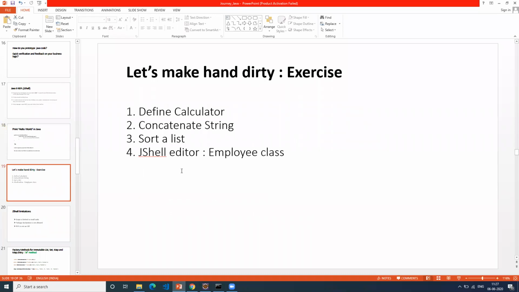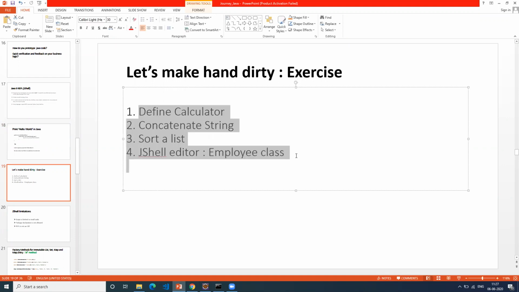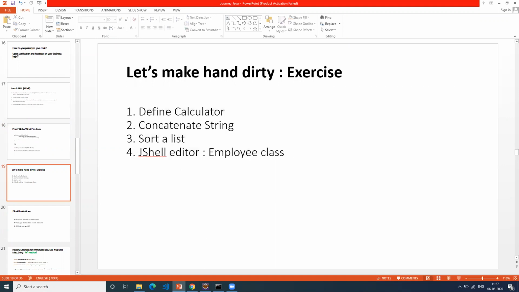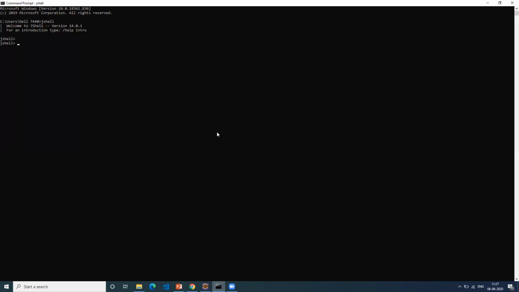Okay, let's now get into the actual exercises. We'll do all the 4 exercises. If you install Java on your machine, I have Java 14 installed on mine. I encourage you also to install at least Java 9. If not 14, at least Java 9. It's good to install 14, but at least install Java 9 on your local machine.